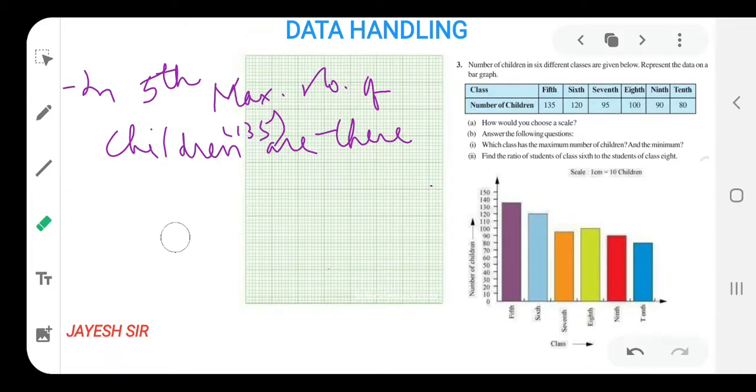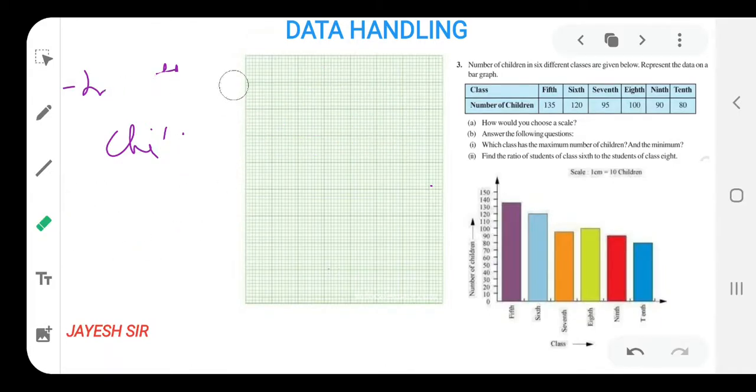So let us begin with part 2, the second question based on this bar graph only, which is to find the ratio of the students. The most important thing we need to know is that the value of the ratio can be changed. So let us try to solve and find the answer based on the ratio. Over here, find the ratio of the class 6. How many students are there in class 6? 120 are there. So 120 I have written.